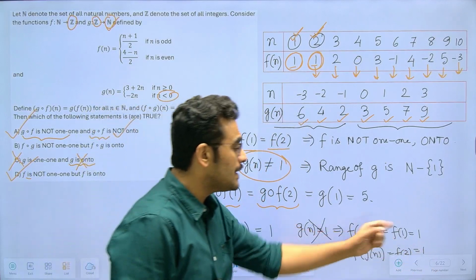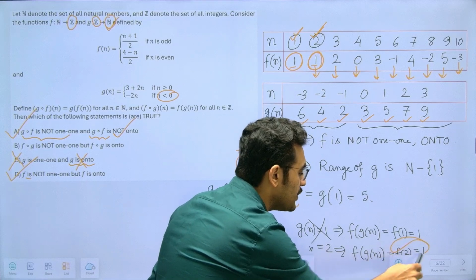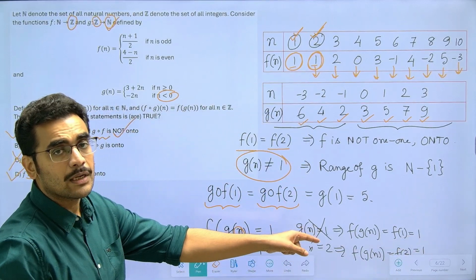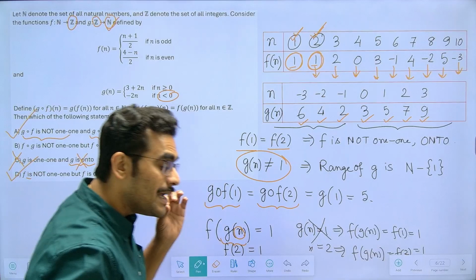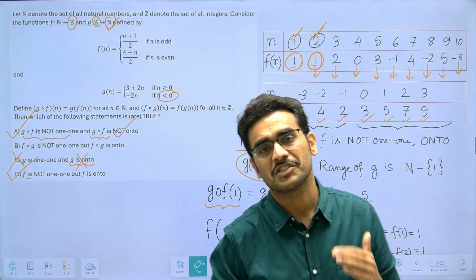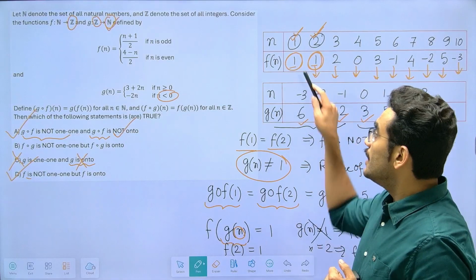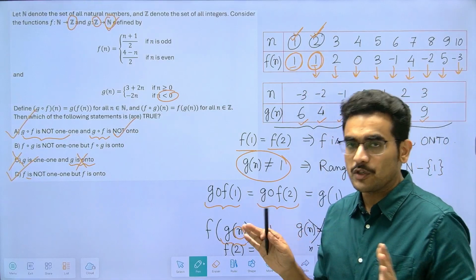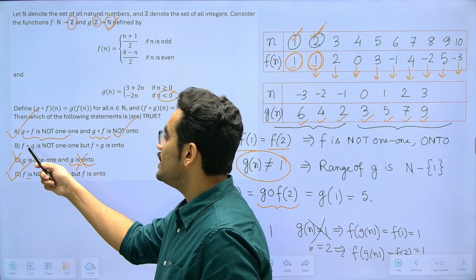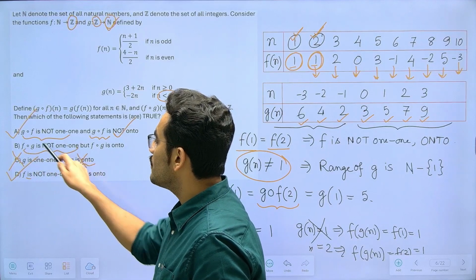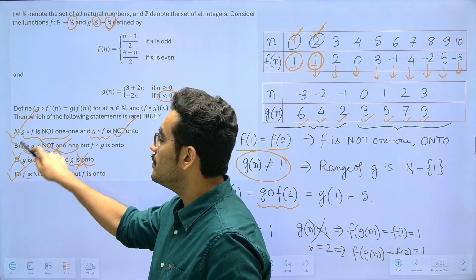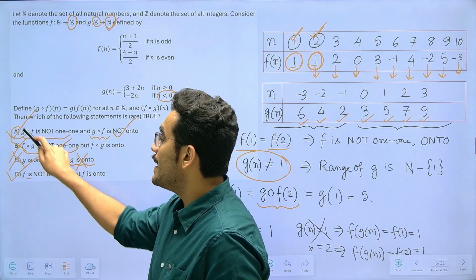That means FOG will return 1 in only one situation. So FOG is a 1-1 function. The only way FOG can be a many-one function is by repeating the value 1 in the range, which is not possible. So we can say FOG is not 1-1, this statement is wrong. So option B is wrong. So the correct answer is A and